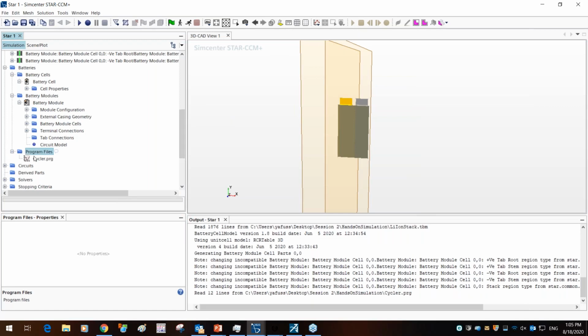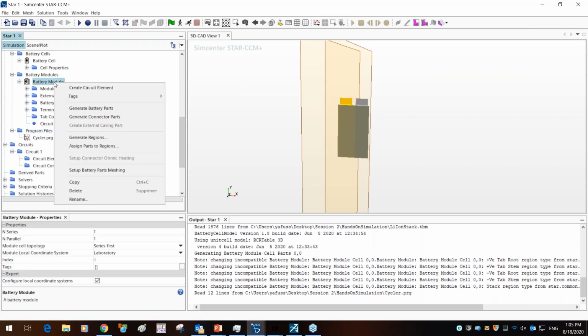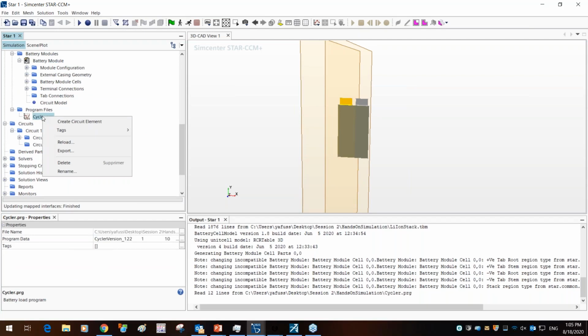As you can see, we have imported the program file, but we have yet to create a circuit element to connect the battery to that program file. So we want to create first a circuit element for the battery module, and a circuit element for the program file.